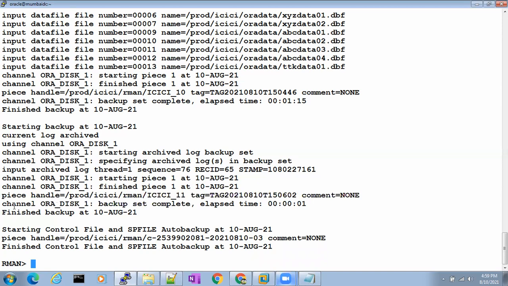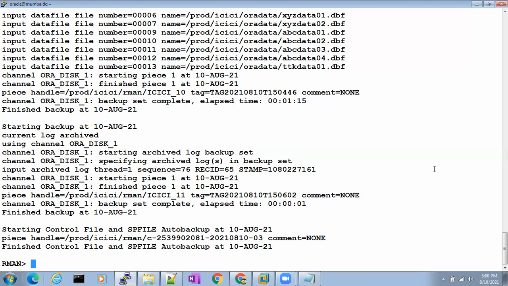So by this RMAN backup, we are almost 99.999% in the safe zone, because till the latest point of time we have the backups. So we are in the safe zone. That is how RMAN helps DBAs, database administrators, by saving our lives. In case we need to restore and recover something, it will save database administrators like this. So it is a very intelligent tool.